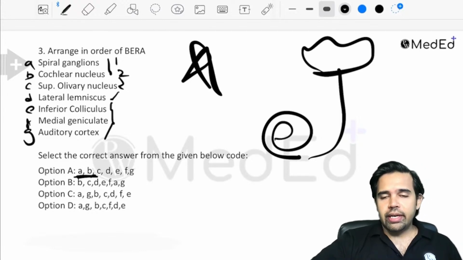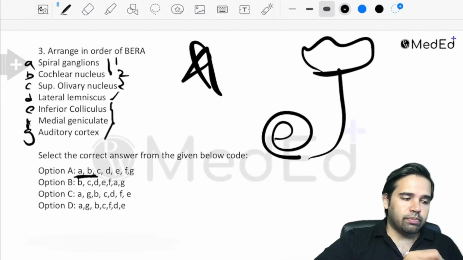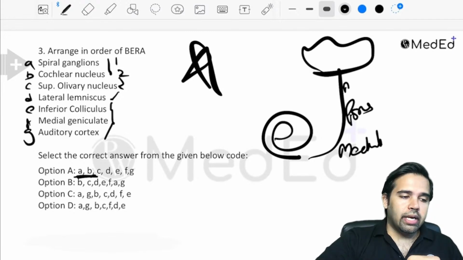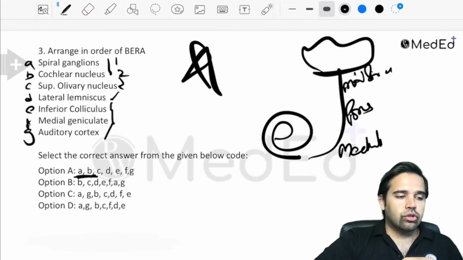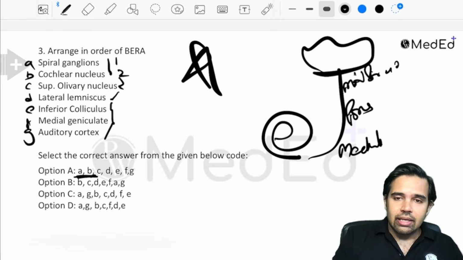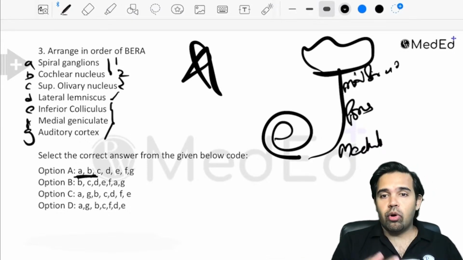Now the logical way to learn it is basically this: the auditory nerve pathway goes from the medulla to the pons to the midbrain, and then to the auditory cortex. That is the pathway it takes. So you need to know what is in the medulla, what is in the pons, and what is in the